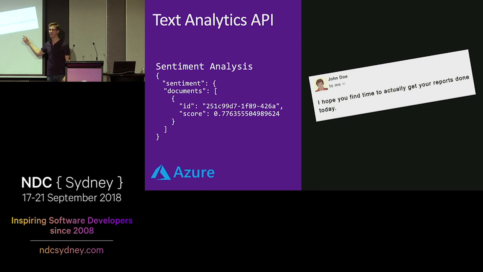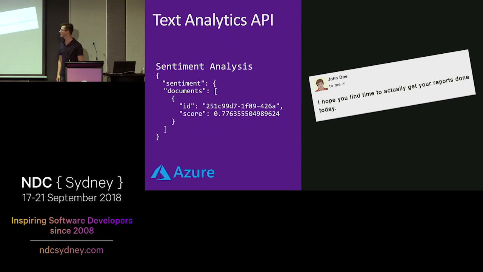This was an actual email I got a couple weeks ago, and this email came in, and I freaked out. I immediately started worrying because this came in on a Thursday. These reports were due the next day on the Friday, and wondering, man, is my boss mad at me? Did I miss the deadline? Am I late? And so, definitely freaked out for a little bit.